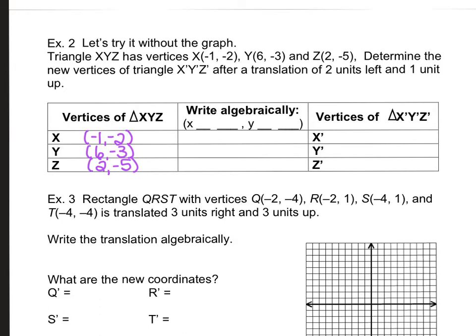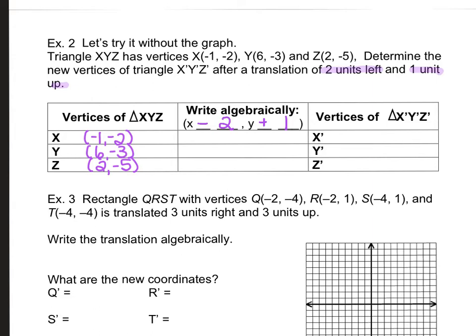So you know it's the new one because of that. After a translation of 2 units left and 1 unit up. So if you remember back from the first page, if we move left, that means you would subtract from the x. So in this case, we're going to subtract 2 from all of our x values. 1 unit up, that up affects the y. So if you remember, up is plus. So +1 to all of the y values. So now we're going to show this